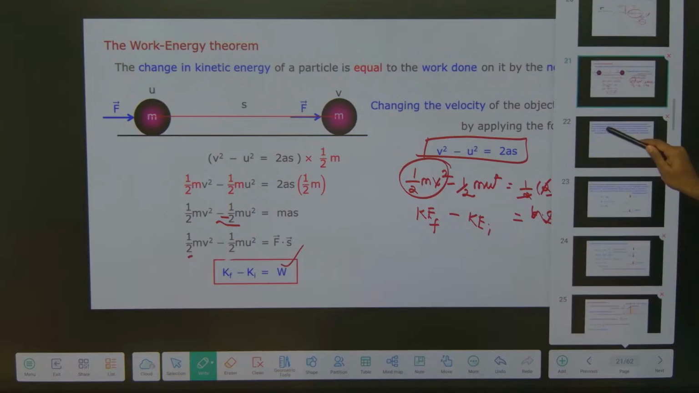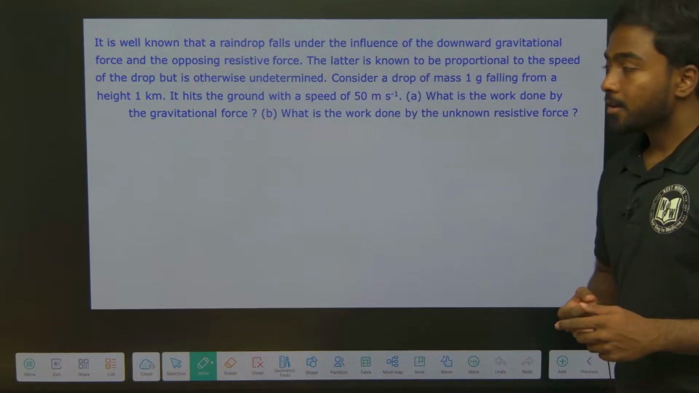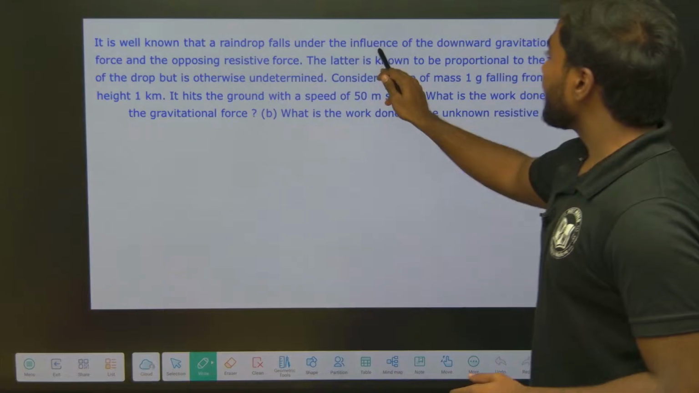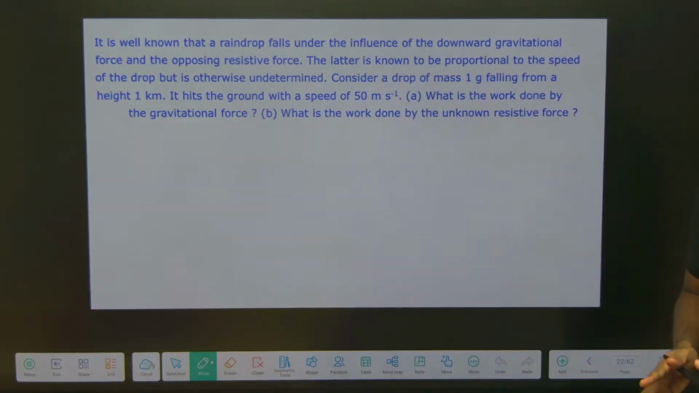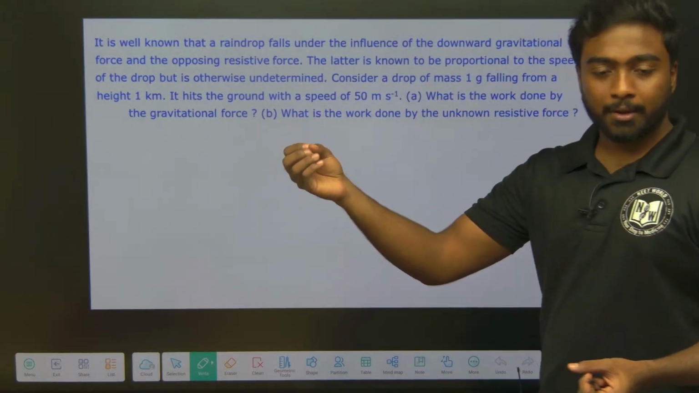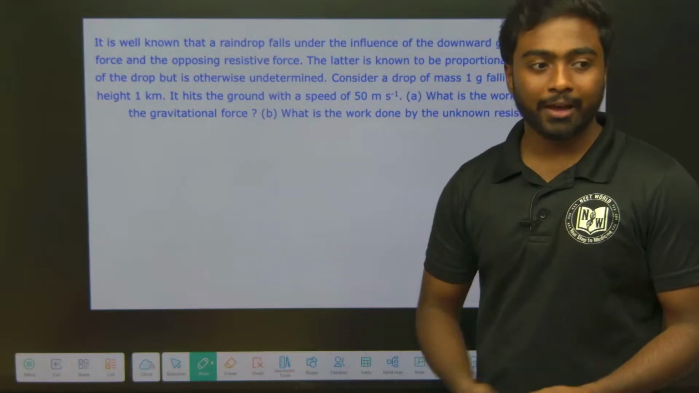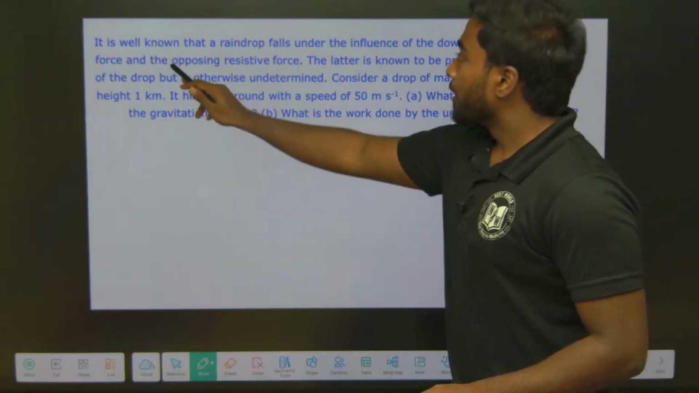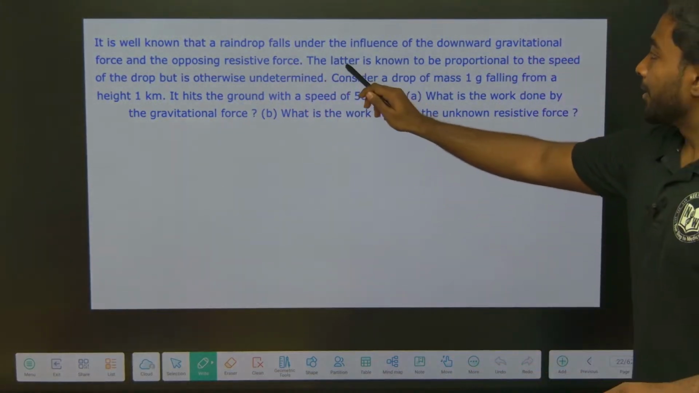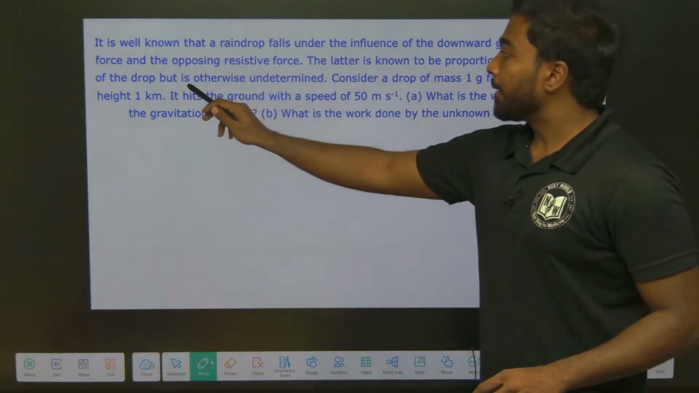Okay, here is the question. I'll give it as a homework question. It is well known that a raindrop falls under the influence of the downward gravitational force. Clouds are there. If it becomes water, what will happen? It will try to come down only, no? It is due to gravitation, we know, right? And there is an opposing resistive force. The latter is known to be proportional to the speed of the drop, but it is otherwise